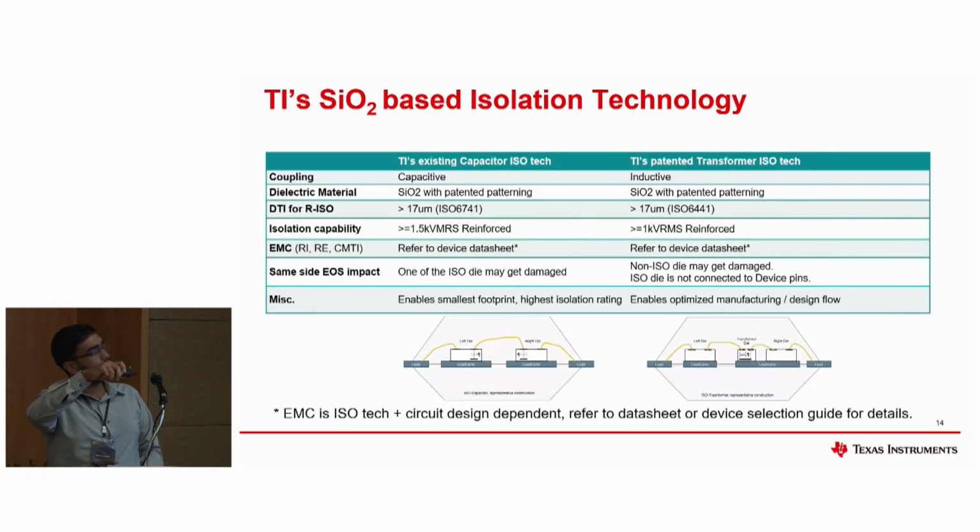Okay. So this is a more robust and matured technology. This has been developed over the past 20 years. This is a development of the past 6 to 7 years. So we are working towards increasing this in par with this, but today also it has a capability of reinforced isolation rating. But what is the advantage of the new technology?